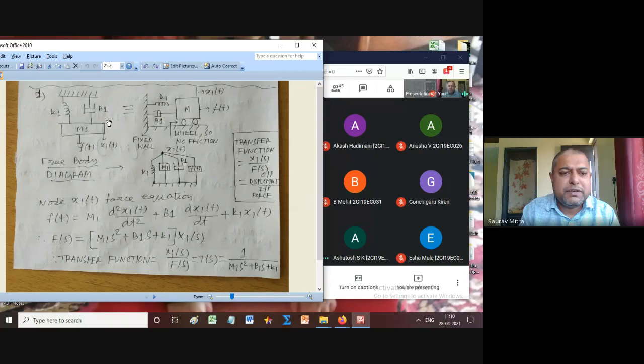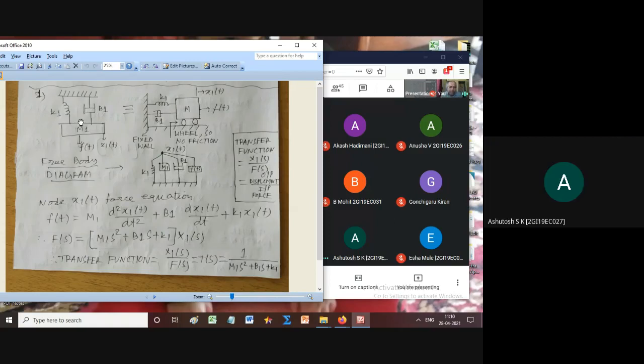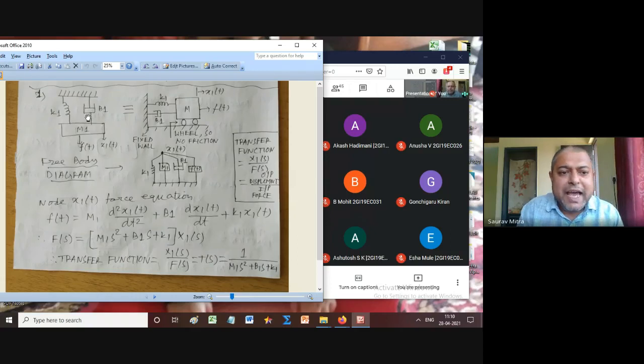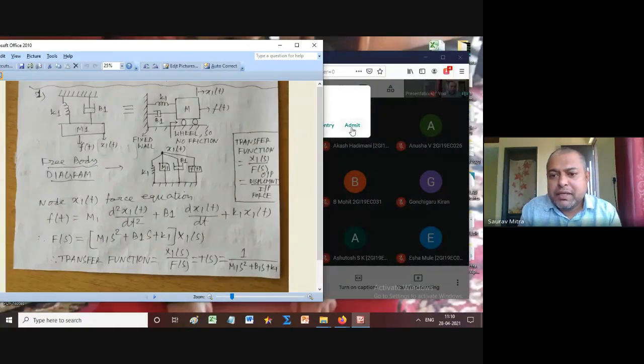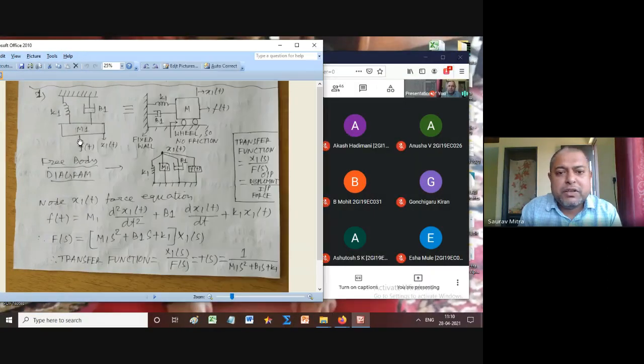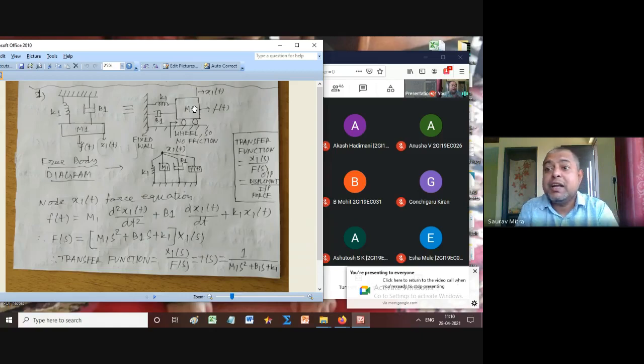So first difference is that here wheels are there. Very good, somebody has said there is a wheel. Okay, so when the thing is hanging, at that time you don't need that wheel because it's a hanging system and you are pulling it down. But in the right side, this mass is on the ground. Always try to find out whether wheel is there or not in the exam, because that makes a hell lot of difference. So here wheel is there.